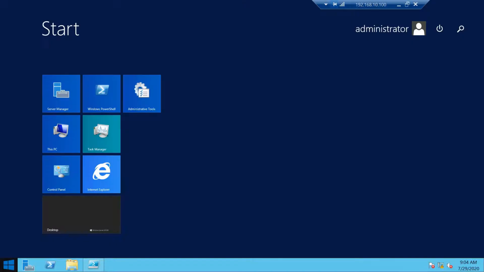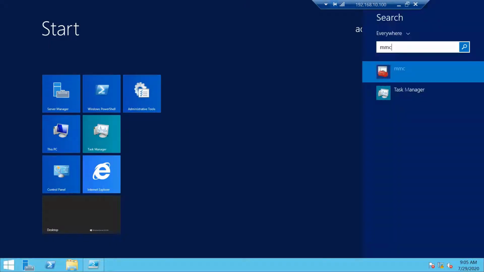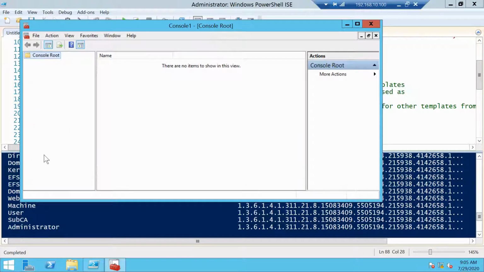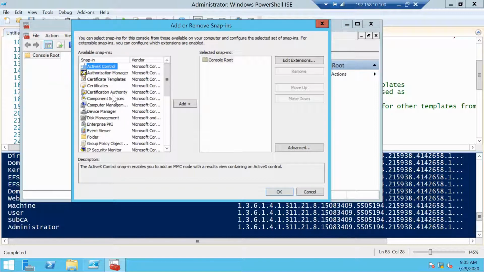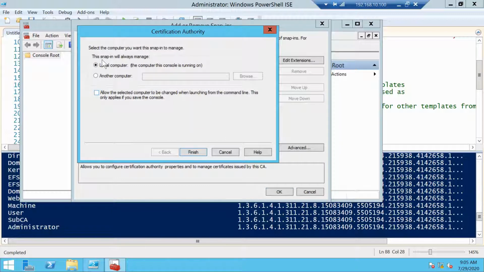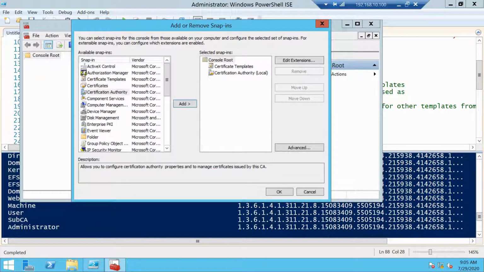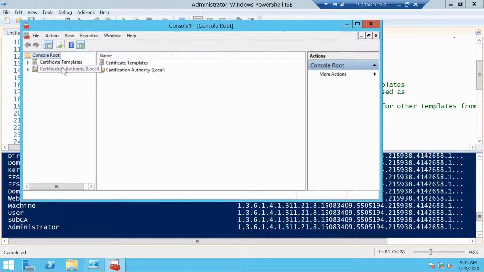And to see them, you can open an MMC, add a new snap-in, choose certificate templates, and while we are at it, let's also add this one with the computer, and I will show you this one too. So first,